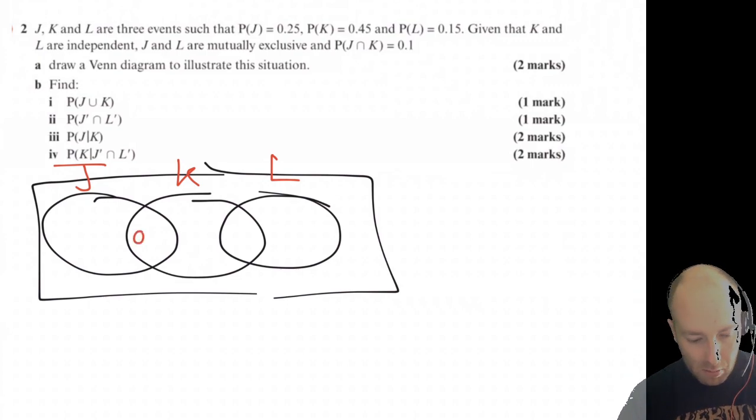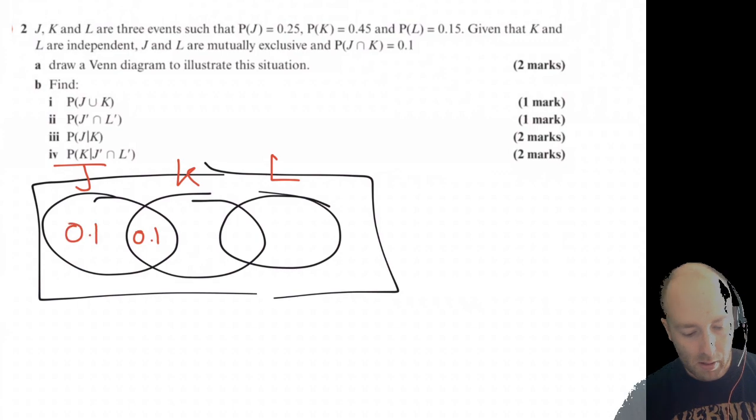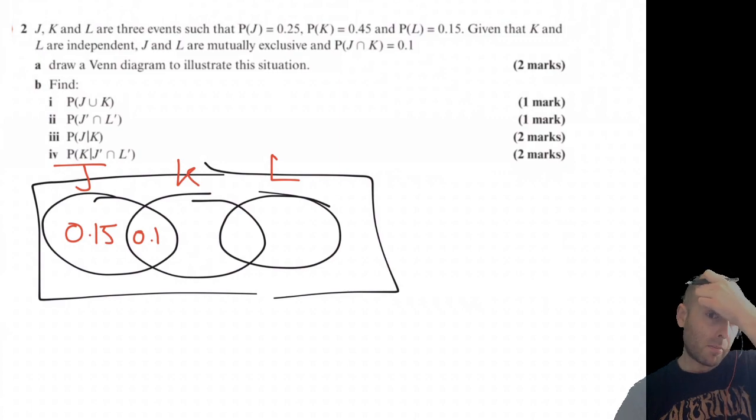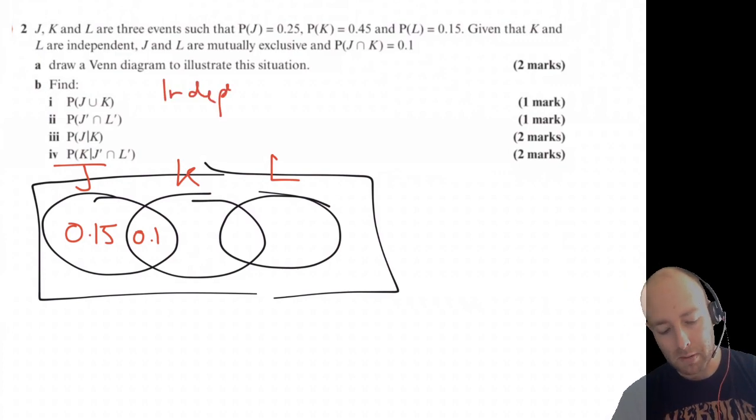We know all of J is 0.25, so the rest of J must be 0.15. You don't know much more than that. We know K and L are independent. So because they're independent, that means P(K and L)